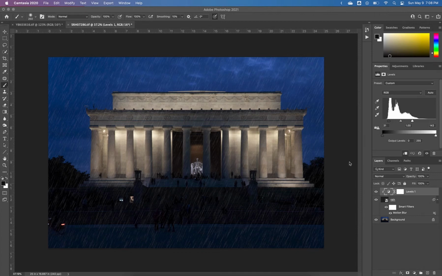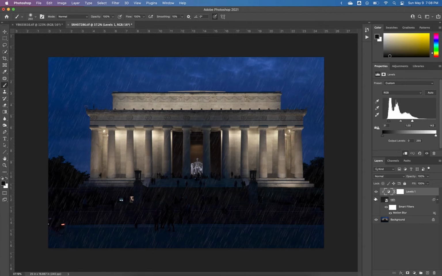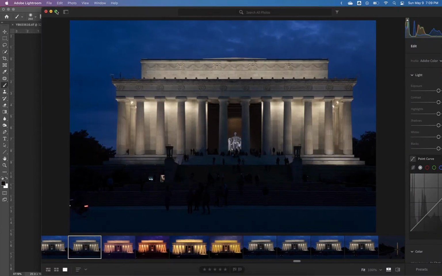Today I'm going to show you how to take an image that looked like this and add rain to it like this in Adobe Photoshop. Let's get to it. So go ahead and pick an image that you would like to edit to look like